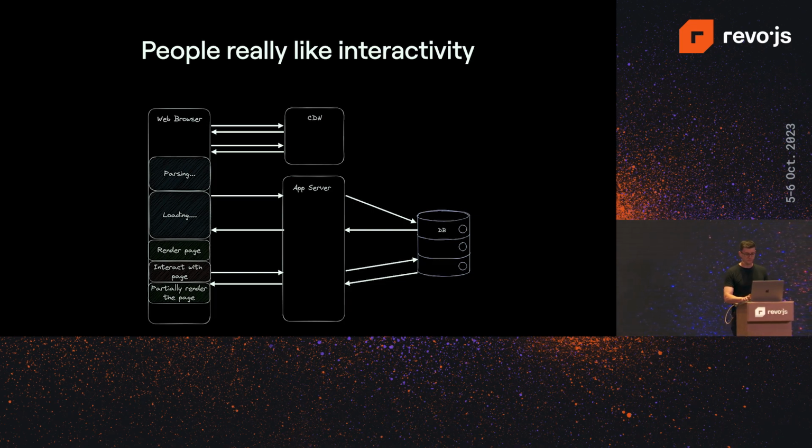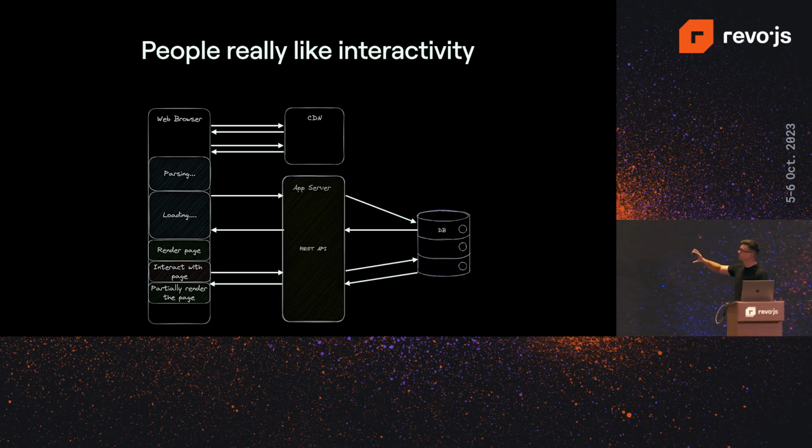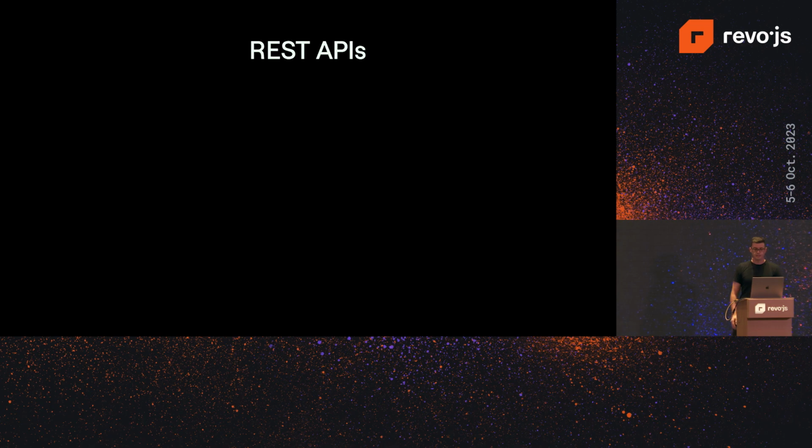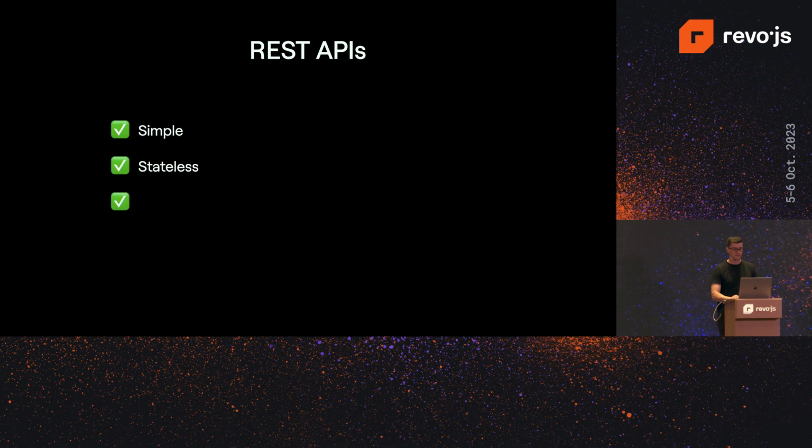It was great. We kind of started calling this app server bit the REST API or the server or whatever you want to call it. But mostly, yeah, REST API was the way to do backend. And REST APIs are great. They're very simple as a concept. You just do CRUD operations. You can create resources, read them, update them, delete them. It's amazing. And then it's also stateless, which means that all the requests that you're doing need to have all the context for your request to actually do the action it needs to do, which is amazing because it allows scalability at a level that was unseen before.